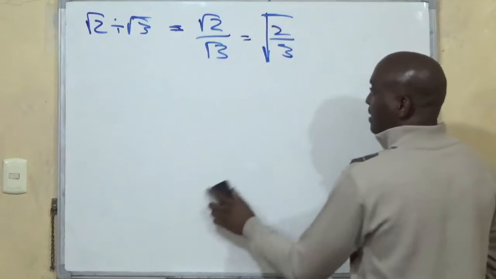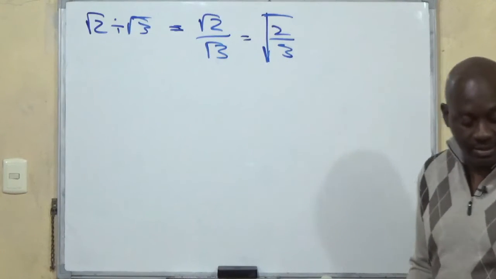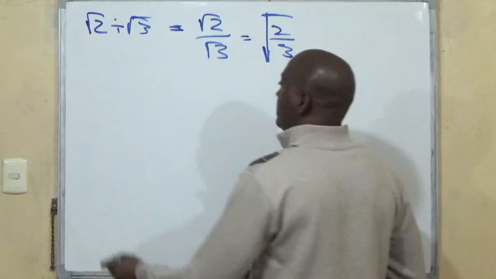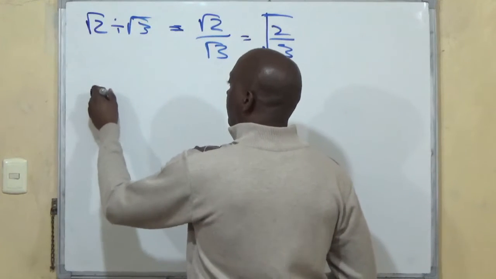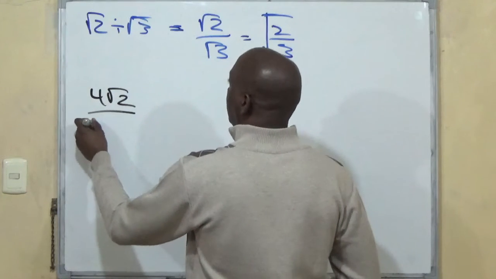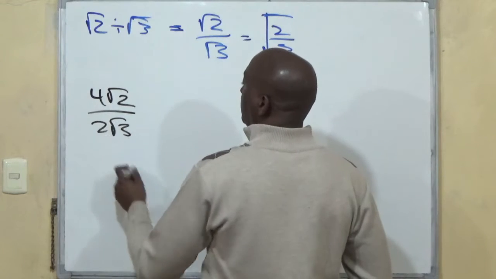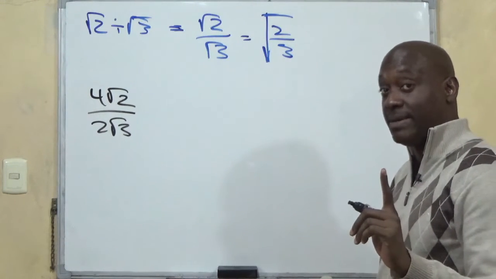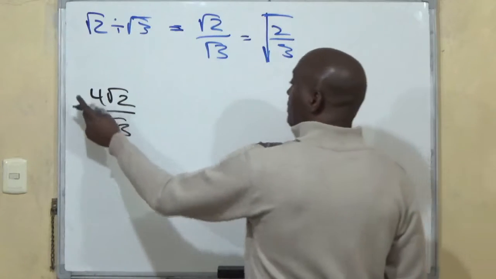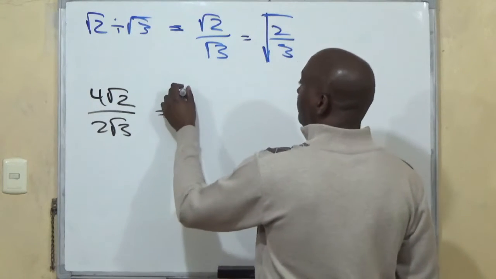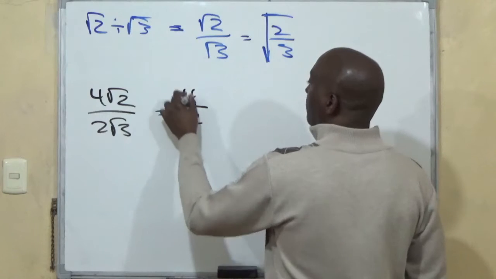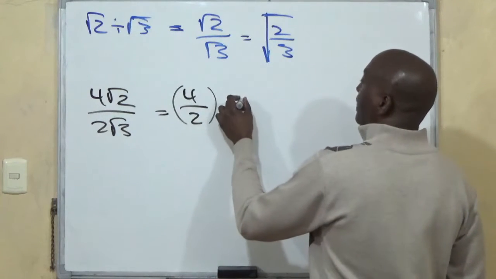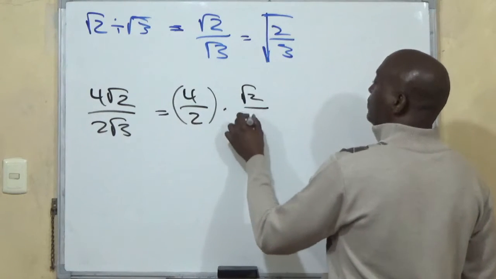If we want to say 4 root 2 over 2 root 3, that's two mixed surds divided by each other. 4 divided by 2 is 2. What you'll end up with will be 4 over 2 multiplied by root 2 over root 3,